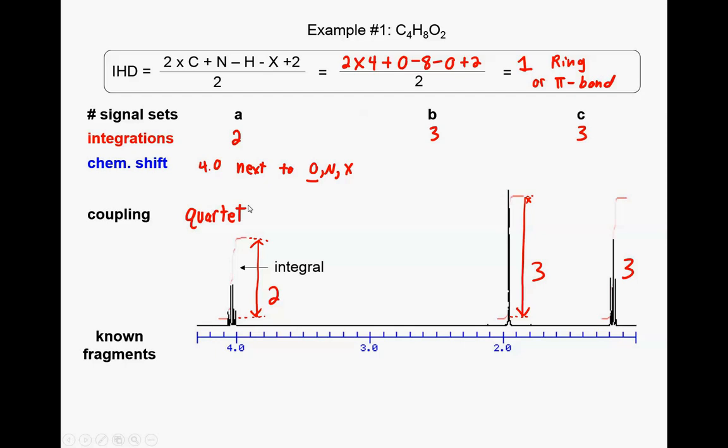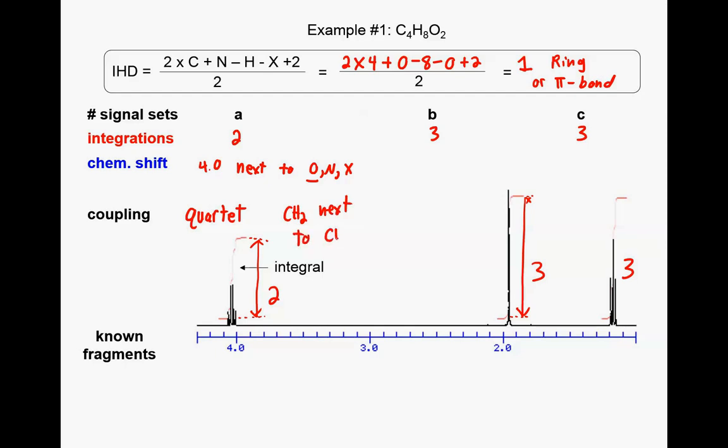And so let's think if we can put this information together. If it's a quartet, it indicates that these protons are next to how many neighboring hydrogens? 3, right? Because we know the n+1 rule. What very common group in organic chemistry has 3 protons? Just a methyl group, a CH3, right? So what this indicates is that we most likely have a CH2